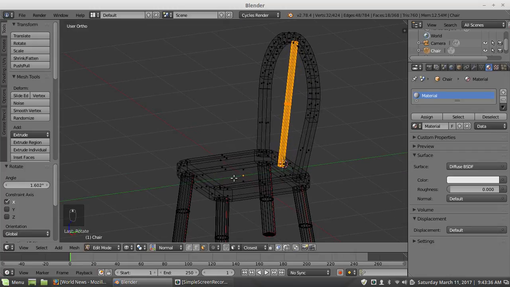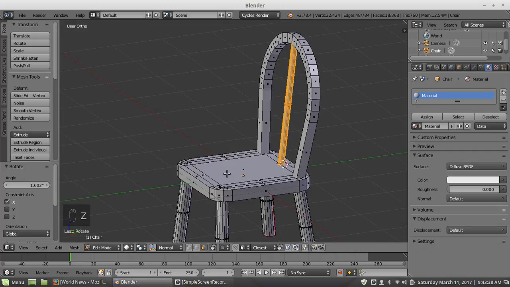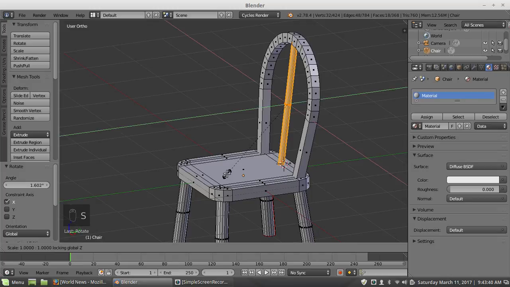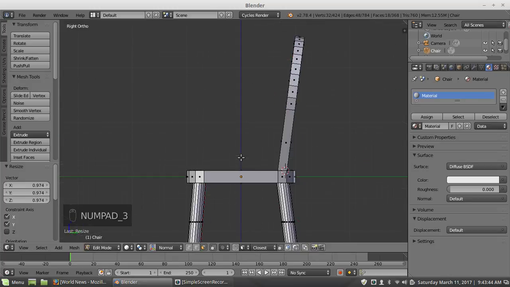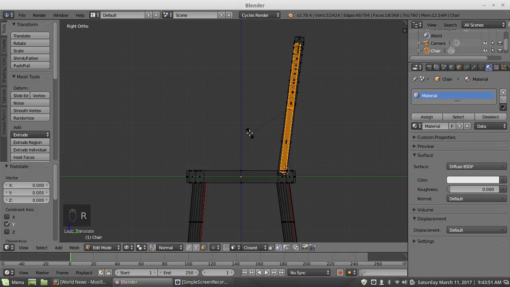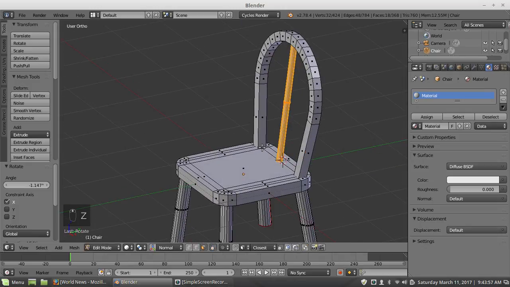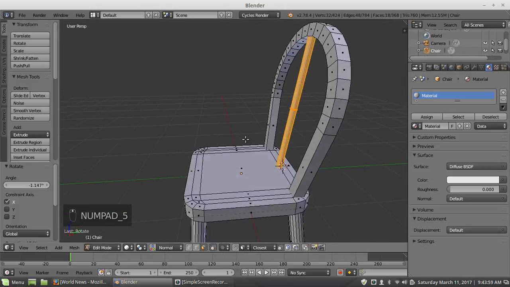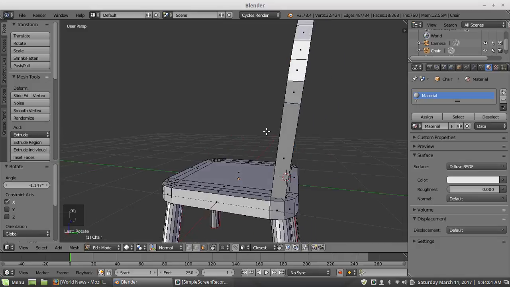Alright, what am I doing here? Just adjusting it so it goes inside a bit. So what I want to do is poke the ends of this into the chair.